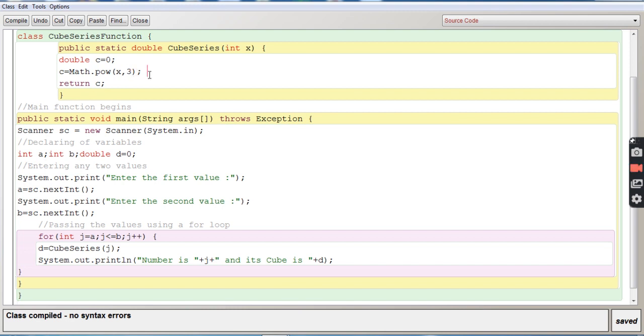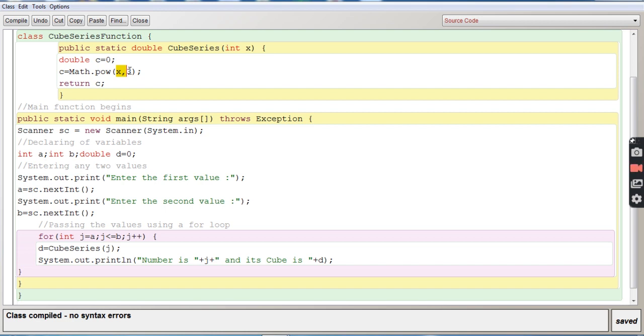But today's question needs us to find the cube. If you had a square, then this could have been only 2, x to the power 2, and we would calculate the square. So x to the power 3, x is 3, 3 to the power 3 is 3 multiplied 3 times, 3 into 3 into 3, 27.